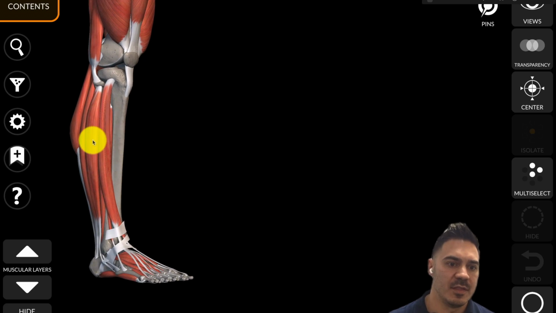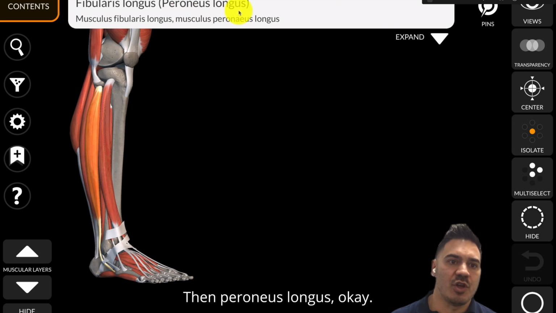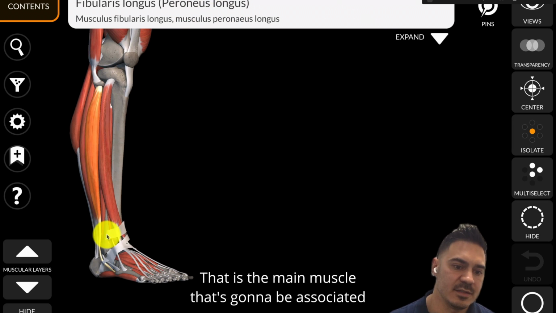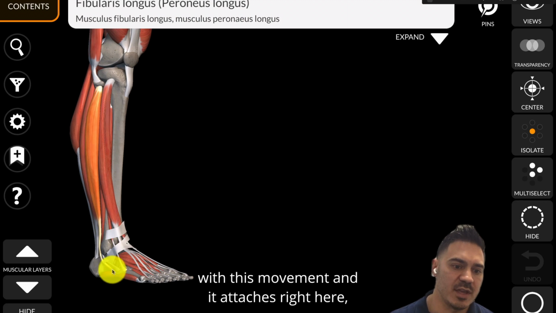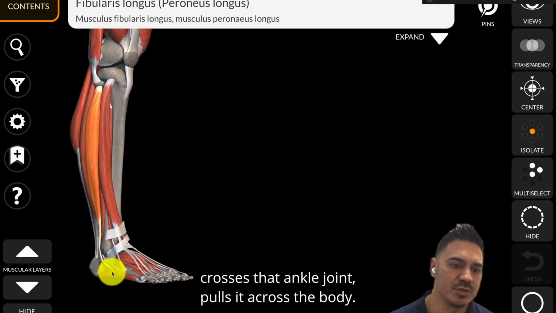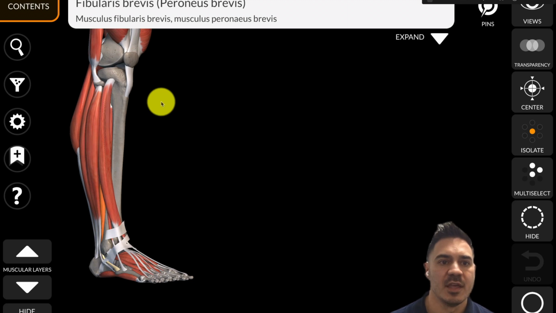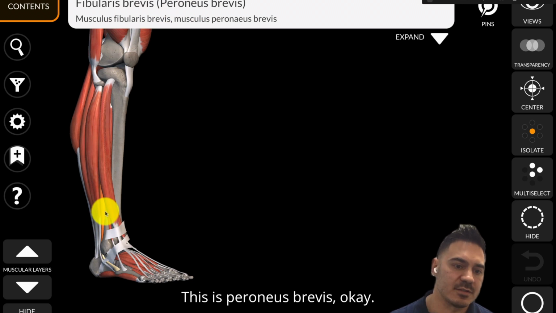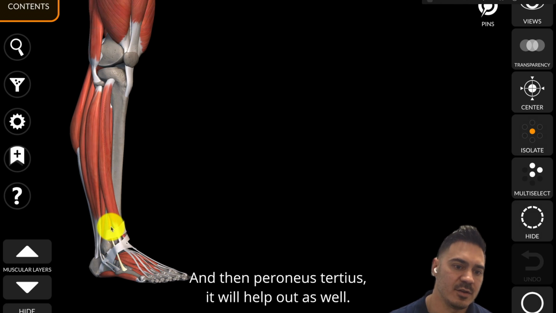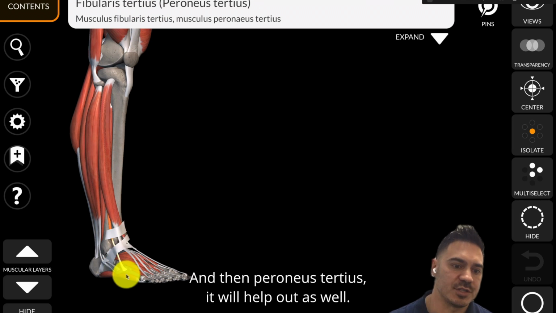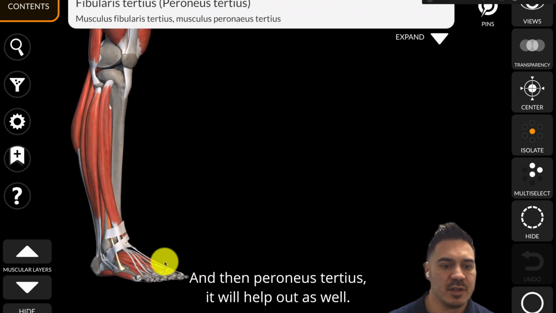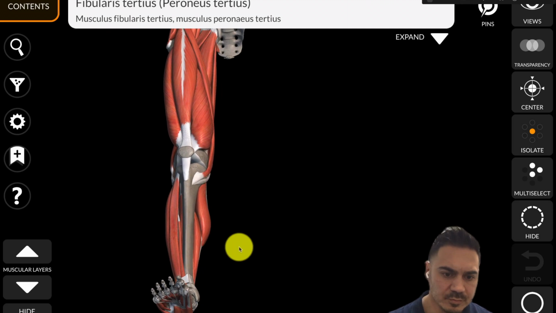All right. Then peroneus longus. That is the main muscle that's going to be associated with this movement. Attaches right here, crosses that ankle joint, pulls it across the body. This is peroneus brevis. And then peroneus tertius. It will help out as well. Now the big toe will go down